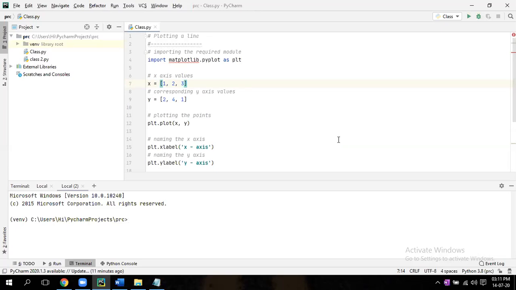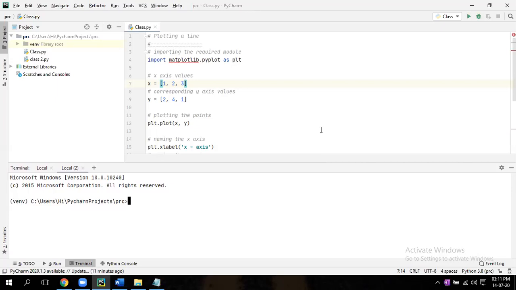Now here what you have to do: pip, space, install, space, matplotlib. Okay, this is the library you have to install.